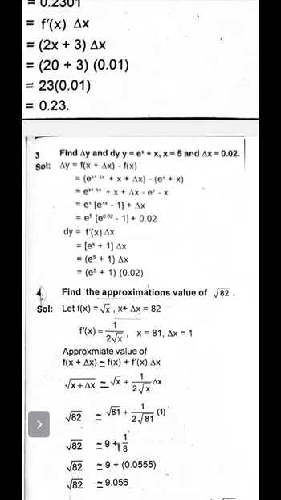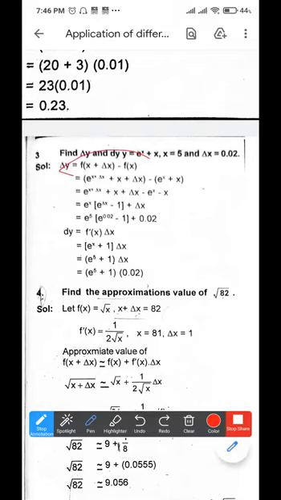Find delta y plus and dy. So here what are we doing? We're using the same formula. We are substituting and we are getting the final answer. Okay, so first of all, what are we doing? e power x plus x is your y. Substitute. Instead of x, substitute x plus delta x. So we substituted x plus delta x.